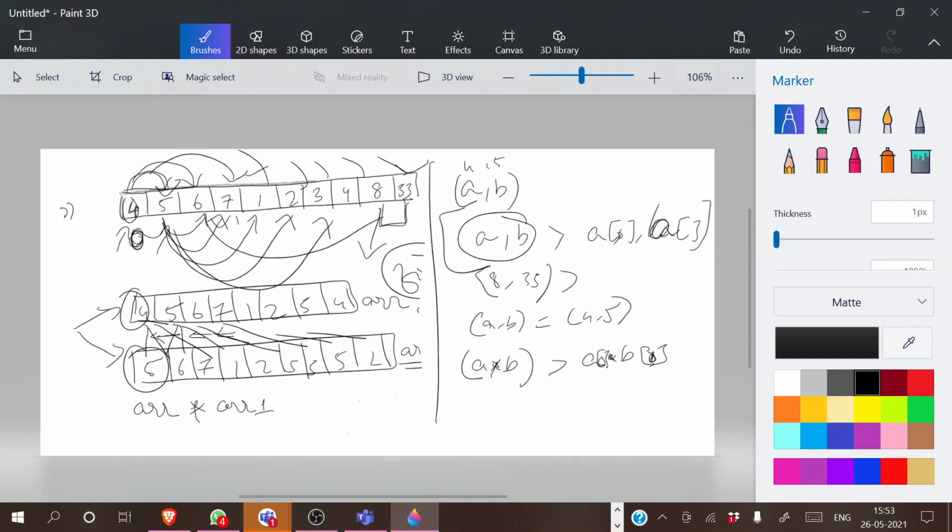So while I'm multiplying this, this rule will be failing. So what I'm going to do is save a and b to a new variable: x equal to a and y equal to b.